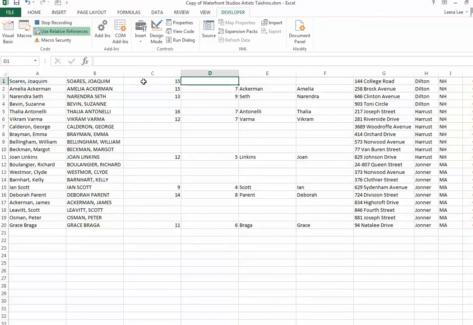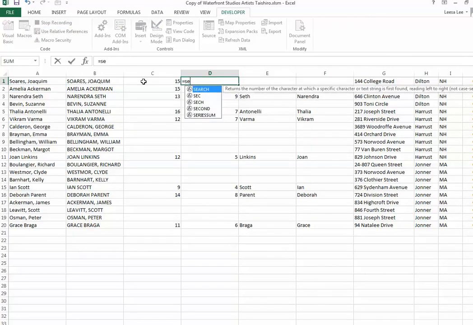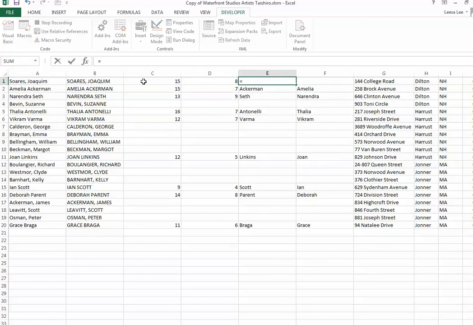and then move to D1 and search for a space. So that's quote, space, quote, comma, A1. And then in E, the left function. Also on E1, after you get the